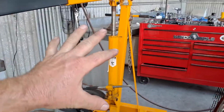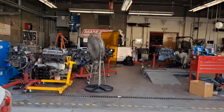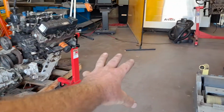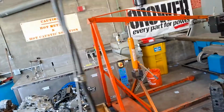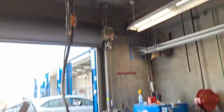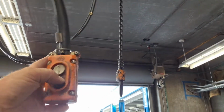And speaking of lifting it, you'll have to use either the cherry picker, aka engine hoist, or if that's tied up, you may actually use the hoist that's in here. But this would mainly be for a Corolla, because on a Corolla we don't have to take the suspension apart to pull that axle out. You could use this. So we'll hook a chain through here, and here are the controls. By the way, just for a show, we can slide this. You'll get it all lined up, and then basically up is up, down is down. So you could use that,